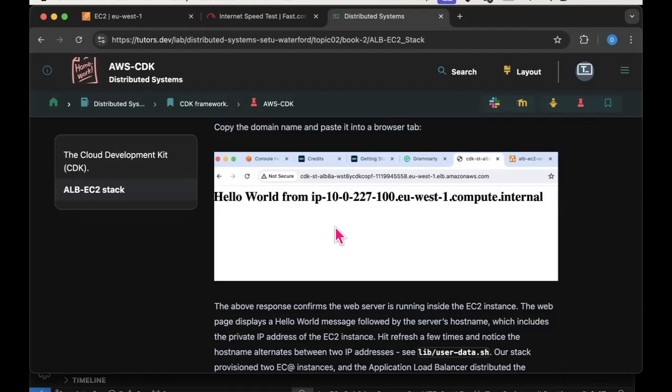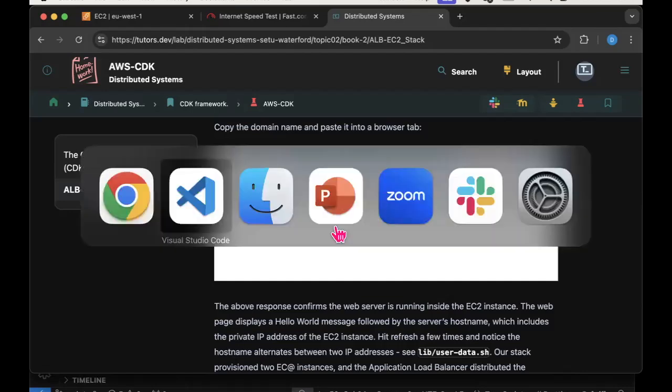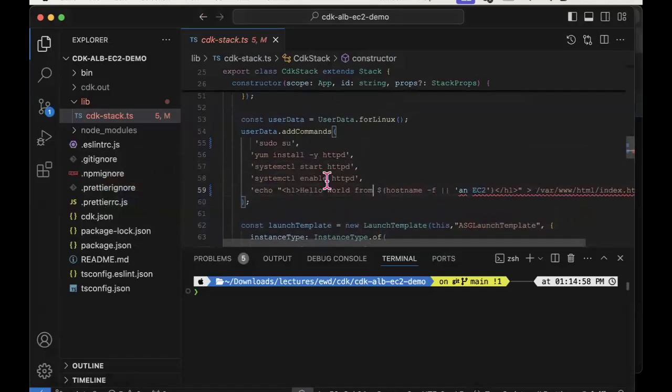Now, I think what's causing that is the following. It's this little piece of code here. I'm trying to grab the host name of the EC2 instance that this script is running inside.